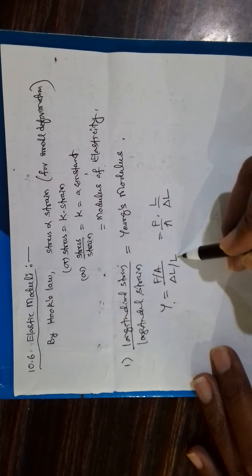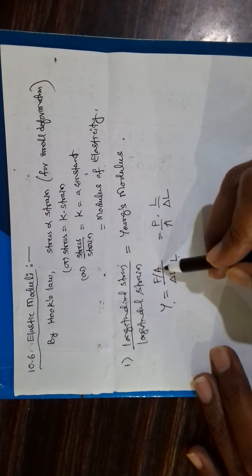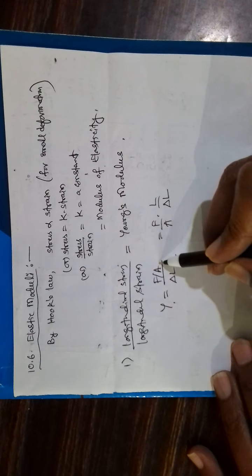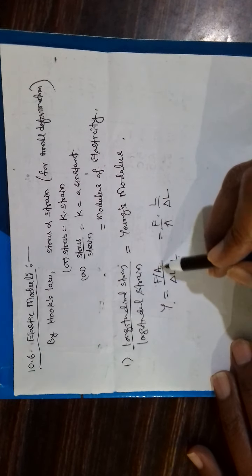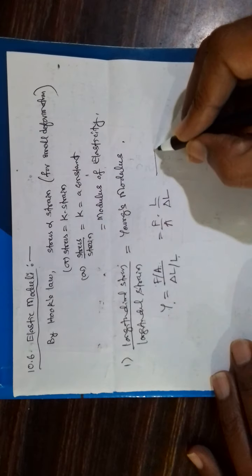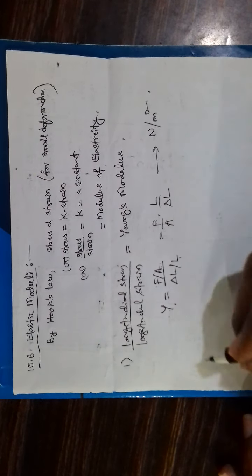Delta L by L is strain, it has no unit. F by A means stress. Stress units are also the units for Young's modulus, and for stress the units are Newton per meter square. For Young's modulus also Newton per meter square. Okay, now